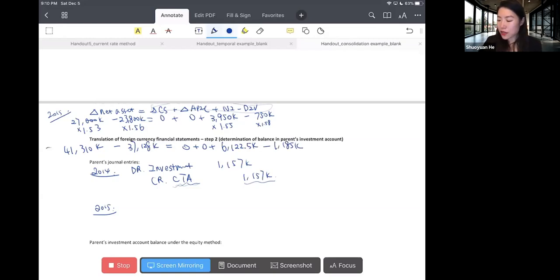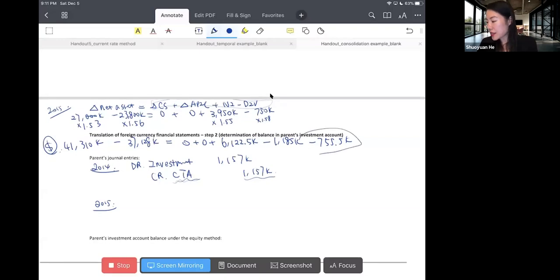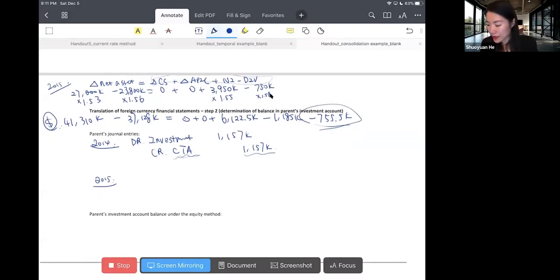Okay, so now under the US dollar, this inflation doesn't balance. In order for it to balance, we need to take out 755.5 thousand. And this should be a decrease in the firm's equity account. And then, which means that we need to debit